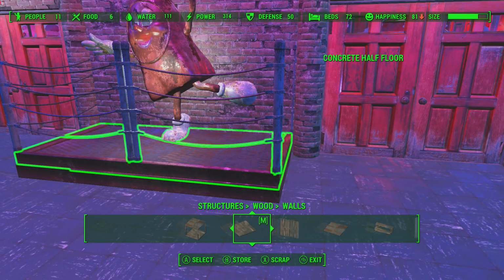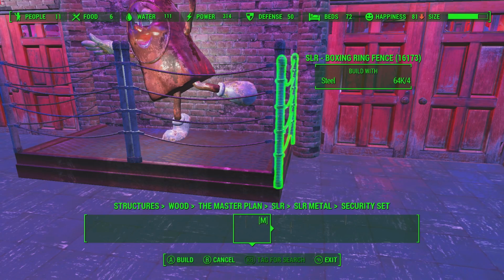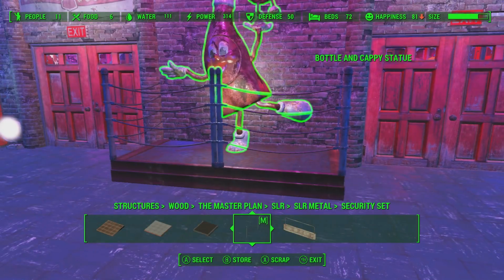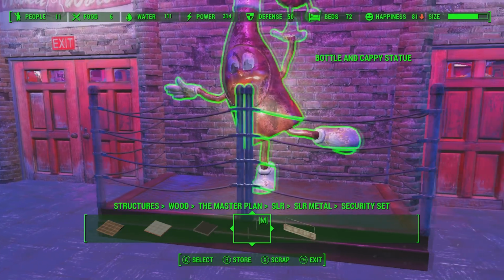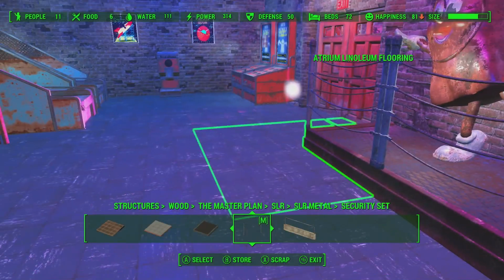Alright, so a couple of things to note. This bottle and Cappy display looks pretty cool, but I wanted some railings around it to keep the damn kids from messing with it. So I used these railings from the security set in the Master Plan mod SLR. But I really didn't like the way that it looked here. It kind of looks like a boxing ring or a wrestling ring, you know? It looks like Bottle is about to fucking body slam Cappy out of the display,